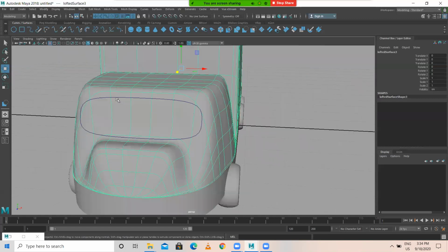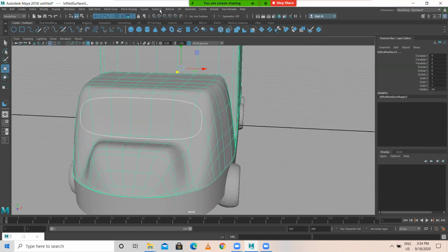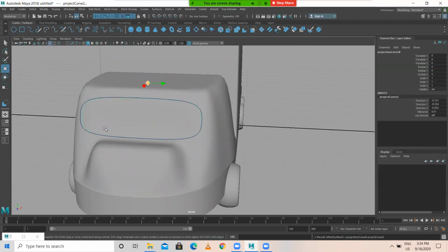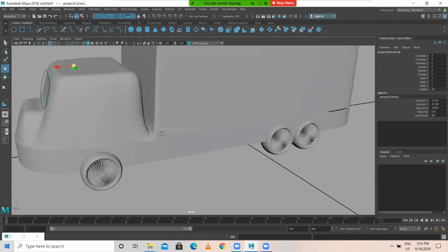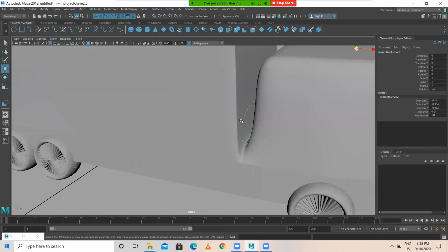Okay, I created a curve. Now, up to here you got this, right? Yes, sir. Now select the curve. There are two steps involved in trimming the surface. Select the curve, select the surface. Then go to surface, project curve on surface. Now one curve has been projected. You have to check. Now another curve also has been projected over here, which is not required. You need to delete this.